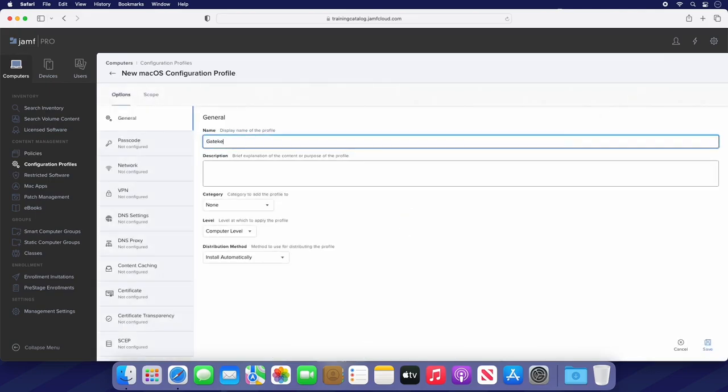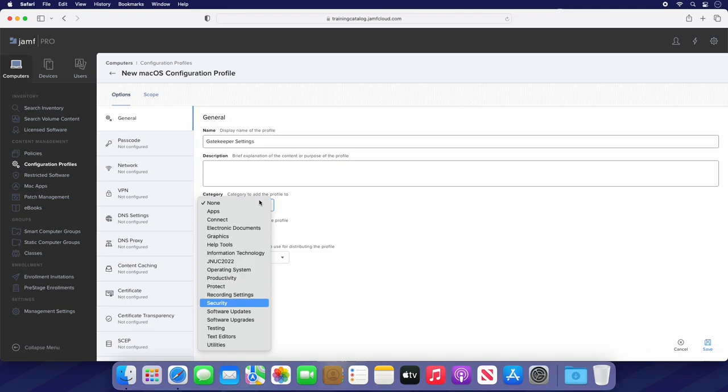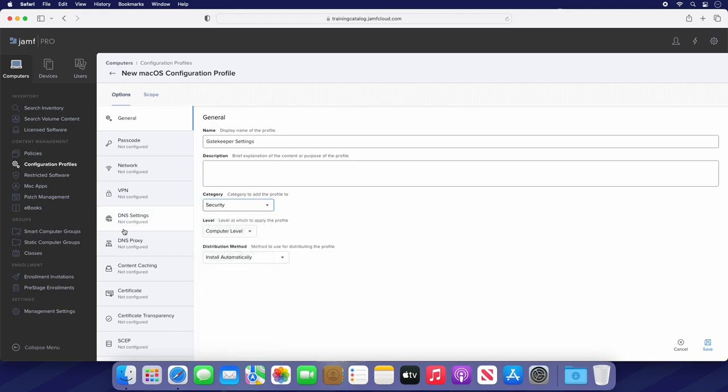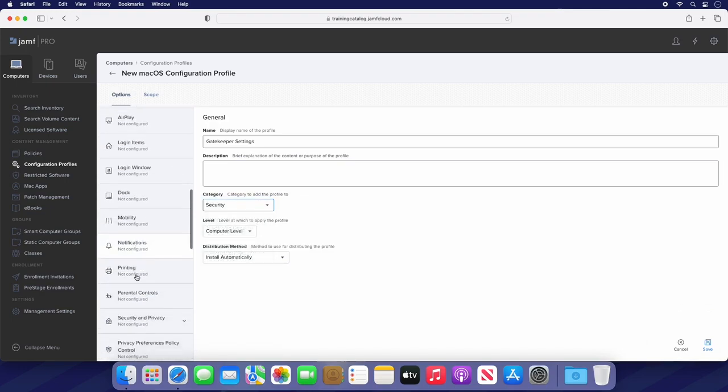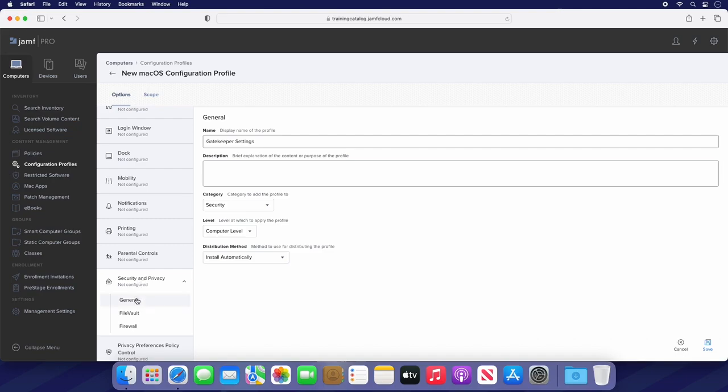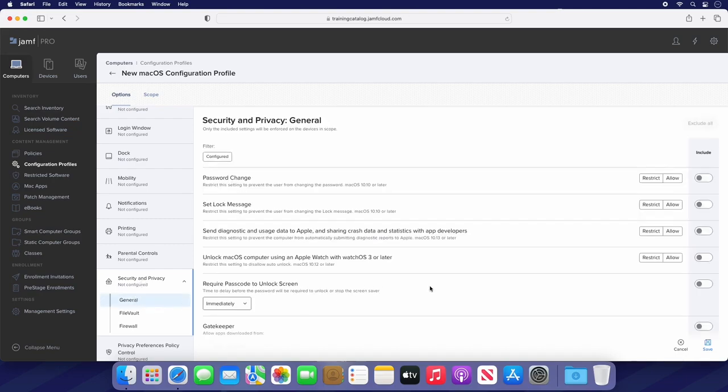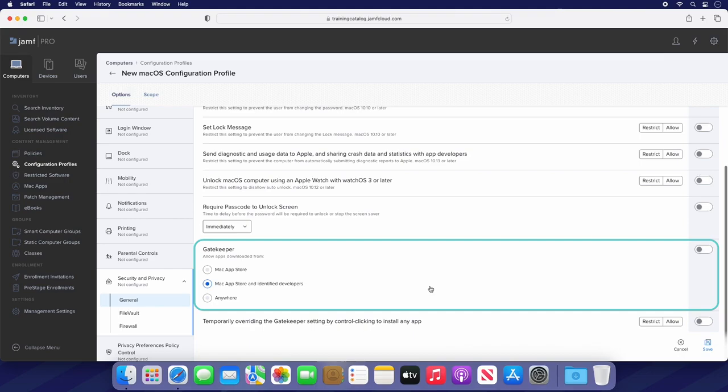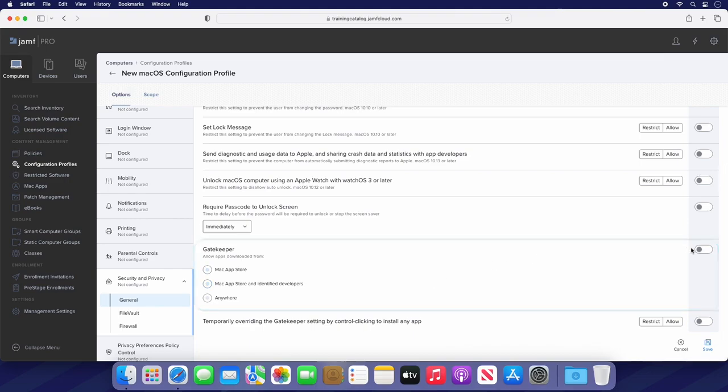I'm naming mine Gatekeeper settings and assigning it to the Security category. Scroll down in the list of payloads and select Security and Privacy, then General. At the bottom of the General category are Gatekeeper settings. We can allow apps from the Mac App Store, App Store and identified developers, or even disable Gatekeeper and allow